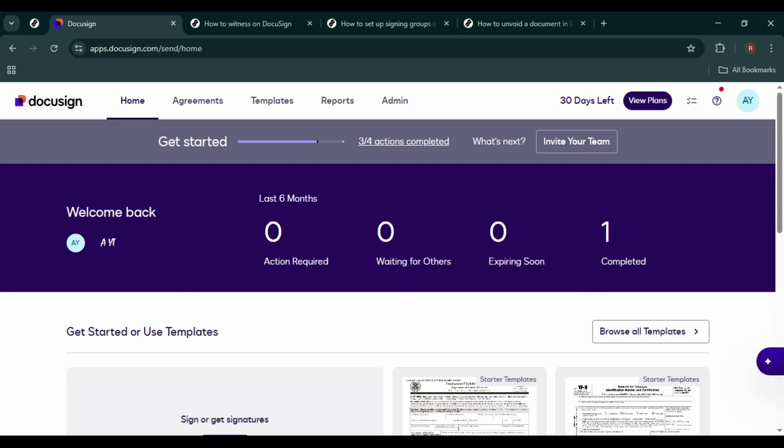In today's video, I'm going to show you exactly how to witness on DocuSign step by step. If you need to add a witness to a document, set up a proper signing flow, or create a reusable template that includes a witness field, this tutorial will walk you through the entire process from start to finish. By the end of this video, you'll know how to upload your document, assign recipients, and add a witness field